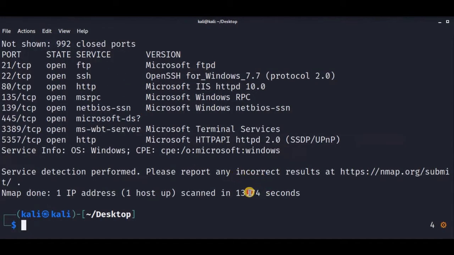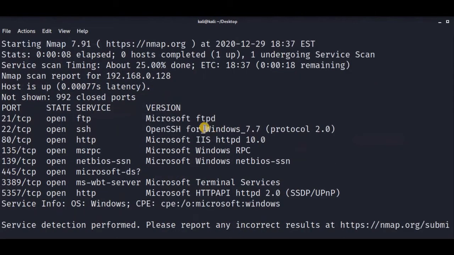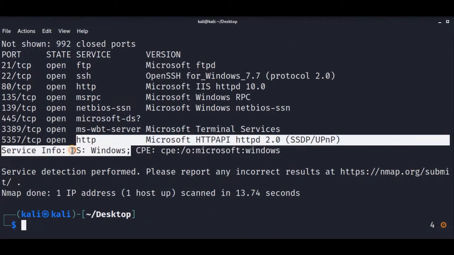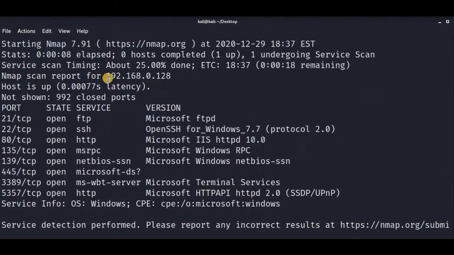Okay, the scan is completed. It takes 13.74 seconds to complete the scan. So now you can see the information about your services on the open ports, including the service versions and the operating systems being used. This is a cool feature: Microsoft HTTP versions, IIS versions. So everything it shows with a single command